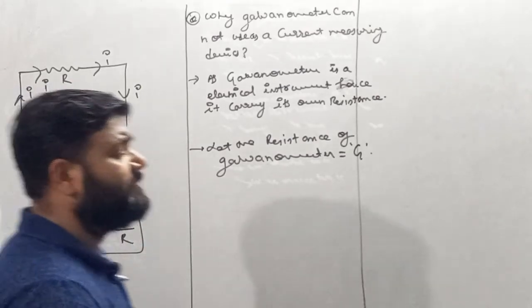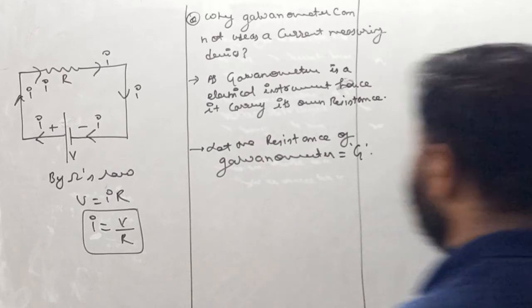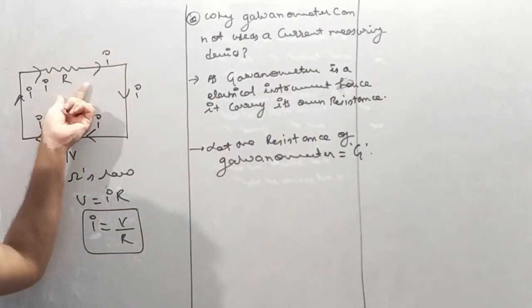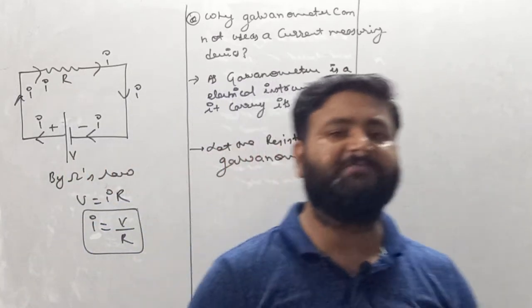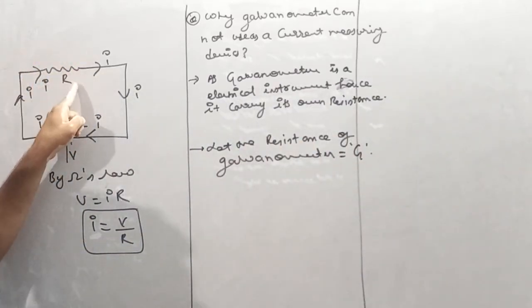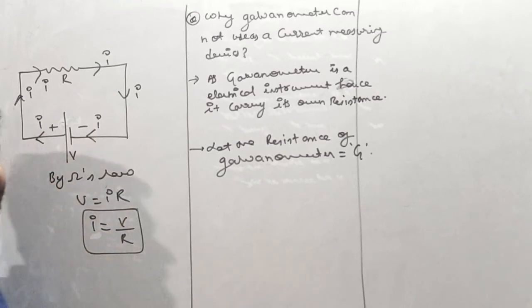Just try to understand my dear student, because instrumental physics is quite complicated, interesting as well as very important. So try to understand each and every process I'll be performing in this lecture. So I have a circuit in which a resistor is connected with a battery whose potential is V volt. I current is drawn by this resistor from this battery. So the value of I is nothing but V by R.